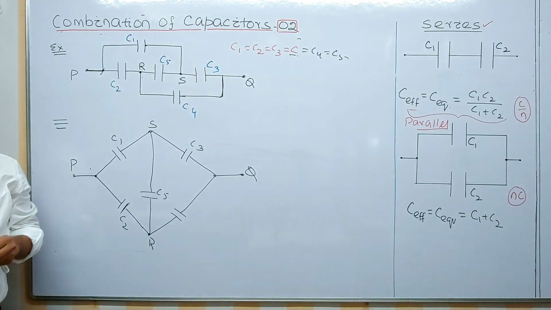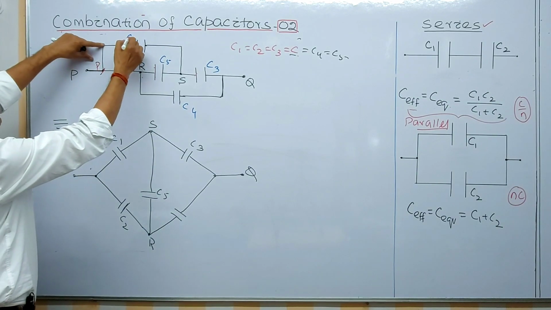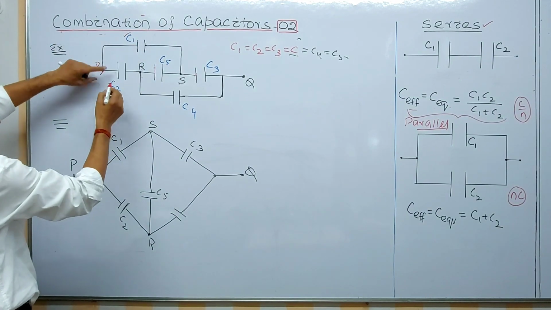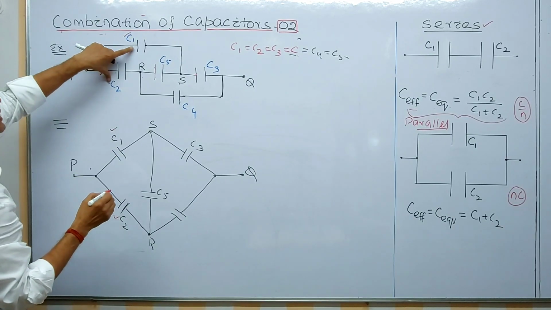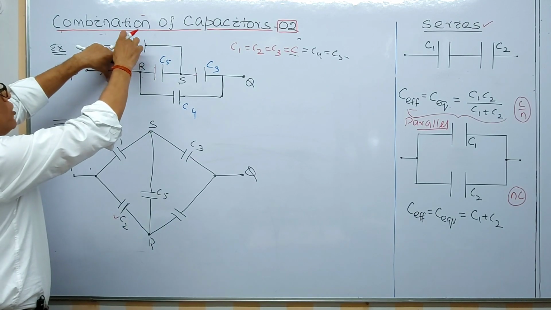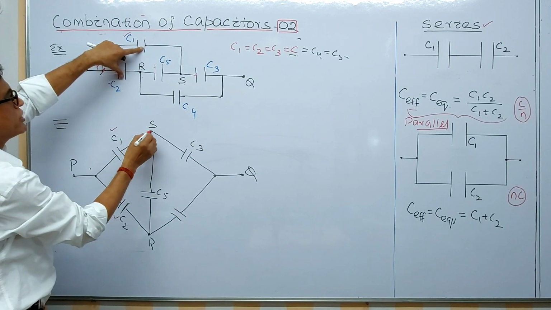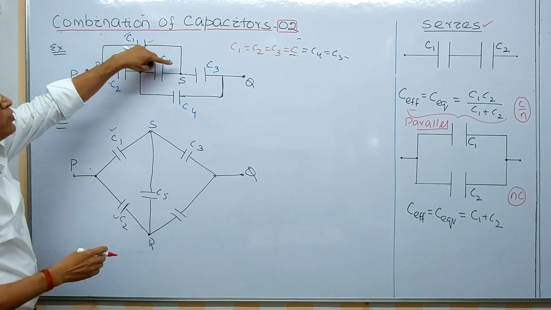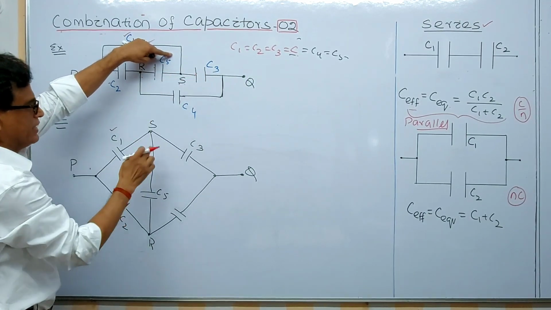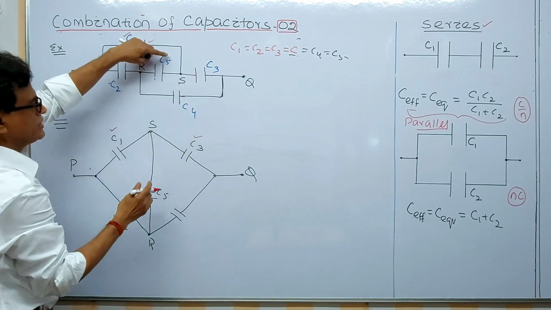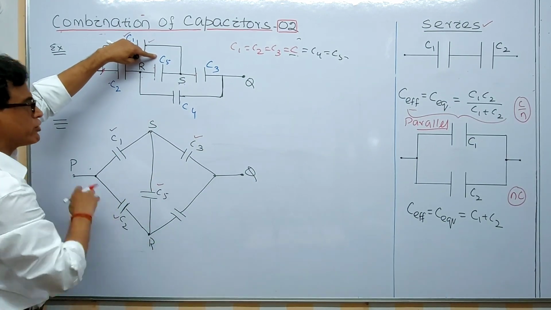Again you see. Now here is a point P. This is same as point P. From point P you are having one capacitor C1, another capacitor C2 connected from this point. This part is over. Now C1 other terminal is connected to S. This part is over. From S you can have two capacitors, one is C5, one is C3. Anyway, you can go in this way or you can go in this way.